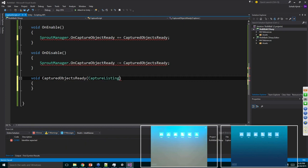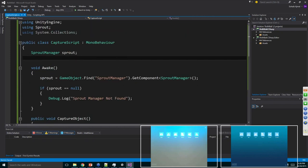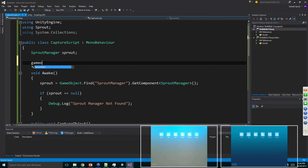capture listing. An object of type capture listing will provide me all the captured objects. For this demo, as I said, I'm going to be using just one single object. And so what I want to do is, as you saw in my game area, I will capture the object and apply the texture of that object onto my player area. For that, I would need to create a game object, player,